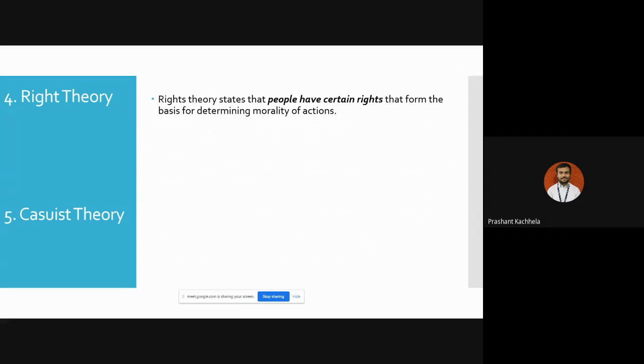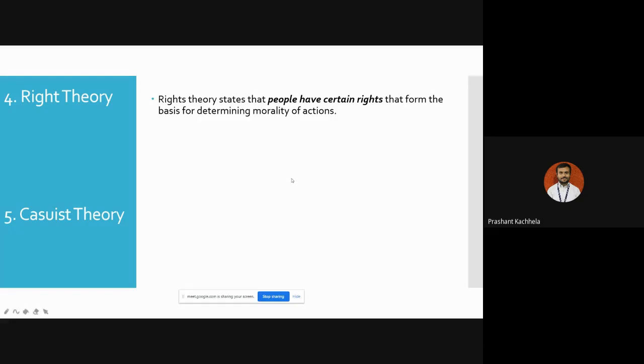What is given as a right to a human being is what is given. We know that as part of one country, the law system is also giving us rights as part of that country. As an Indian, we have certain rights. So if you are exercising your rights, you are not doing anything wrong. So if your action is suitable according to the rights, then you are ethical there.